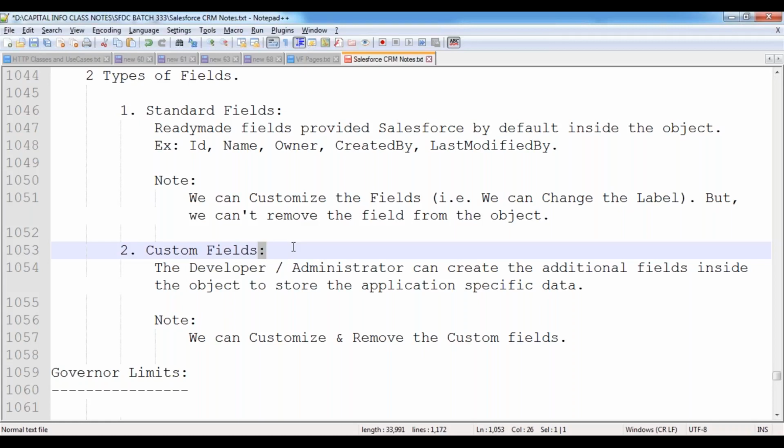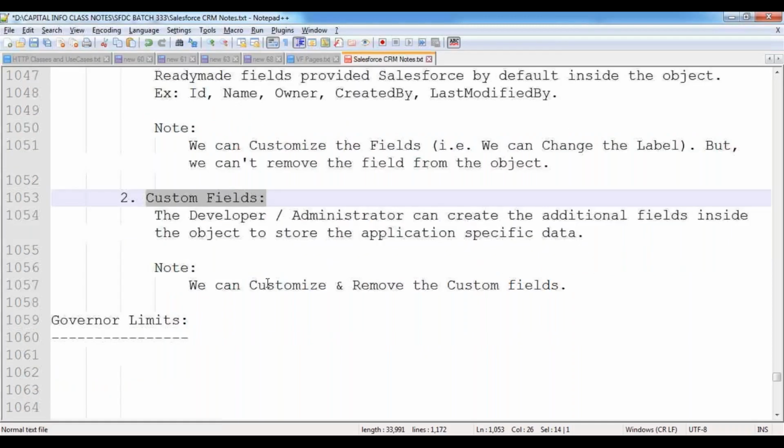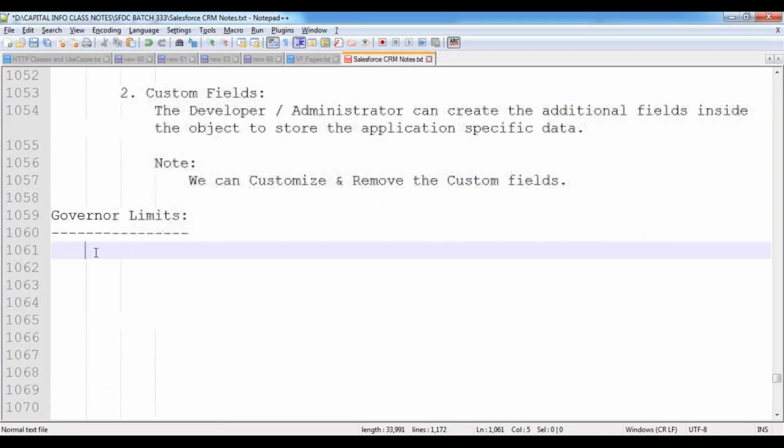Now, in a similar way in Salesforce also, whenever I create an object, by default Salesforce creates a table. In that table, by default Salesforce gives 5 columns, but we can create some more columns also with the help of custom fields. Then how many columns can we add? How many custom fields can we create for an object here? That depends on the edition which you are using.